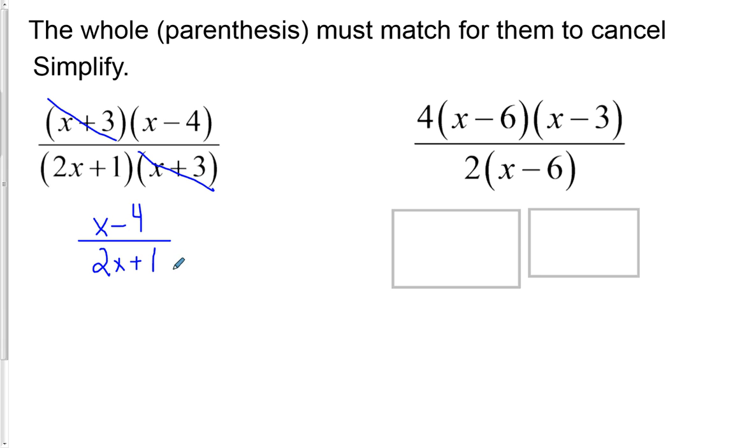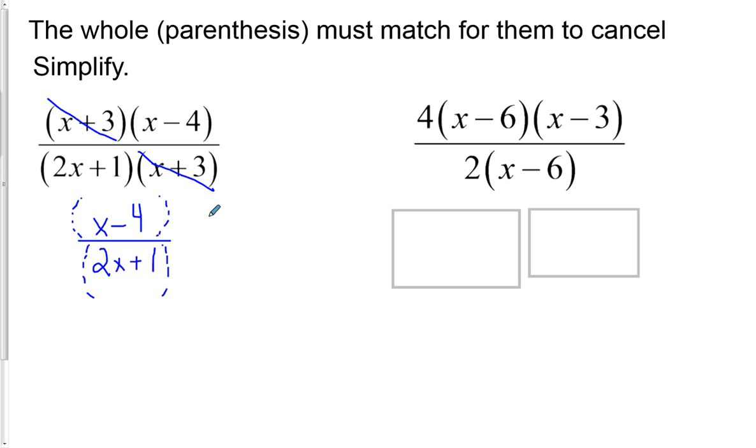Now, technically, when we write fractions like these, there are invisible parentheses here, and I am only allowing you to not write the parentheses when we only had one piece left. If I had x minus 4 and maybe a 2 or a 3 left over, you would need to rewrite the parentheses, right? But you don't need to write them if we only have one piece left, and these are